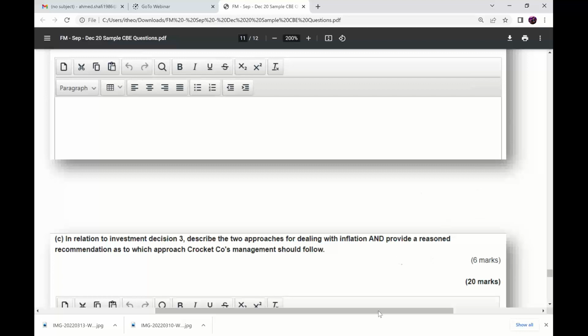Part C is, in relation to investment decision 3, describe 2 approaches for dealing with inflation and provide a reasoned recommendation as to which approach Crockett's management should follow. Now, in the 6 marks, there are 2 things. Describe 2 approaches for dealing with inflation and provide a reasoned recommendation as to which approach management should follow. This is a very mark scoring theoretical question